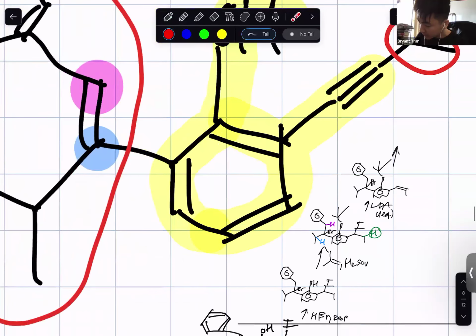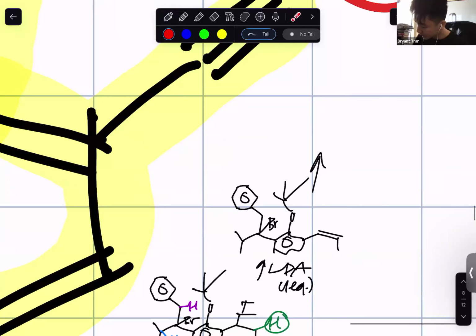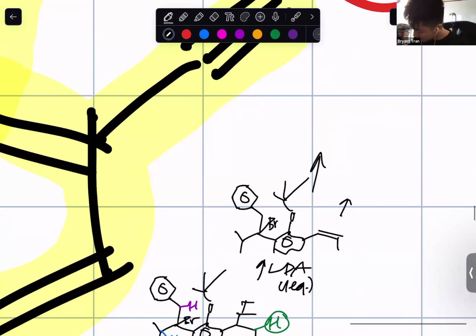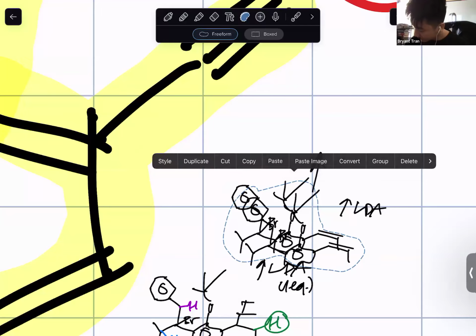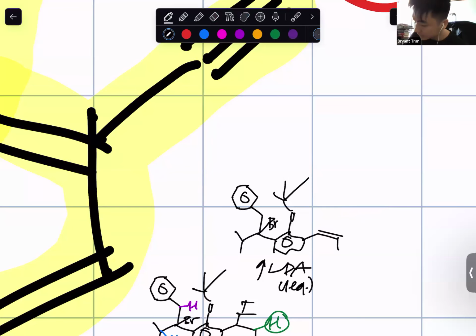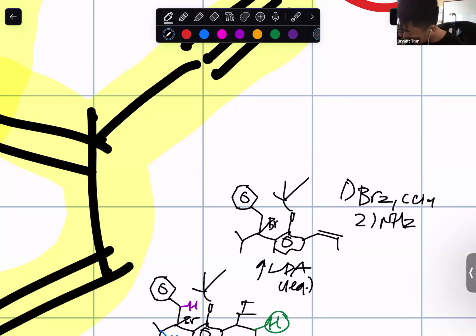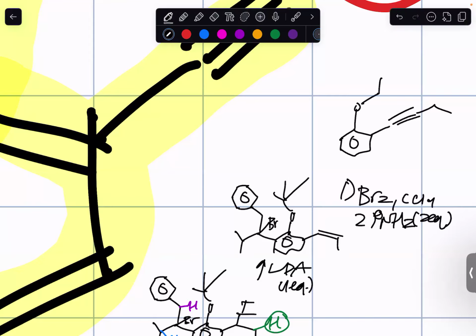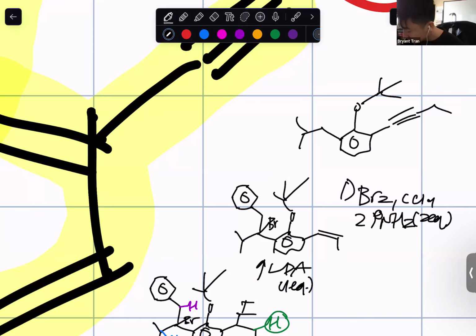Okay. And then from here, let's do LDA again to get the alkene right here. Wait, actually, no, I want the alkyne. Let's get the alkyne with Br2, and because we did this work in the first step, second step, NH2 minus, and we only need two equivalents here because this is an internal alkyne. 1, 2, 3, boom, boom, boom, and then we have